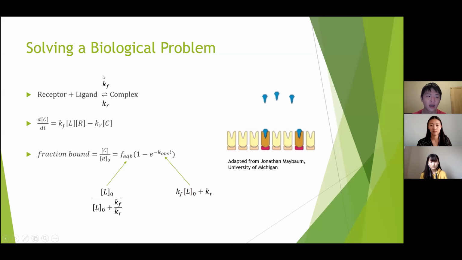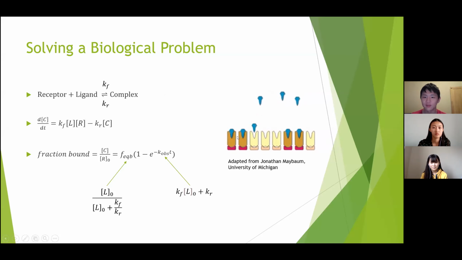I think in high school chemistry, this is covered, so hopefully that's not too out of left field. But that's how we got this first term. It's the rate constant for the forward reaction multiplied by each of the two reactants that are involved in that reaction. At the same time, though, we also have this competing reaction in the same system, right?